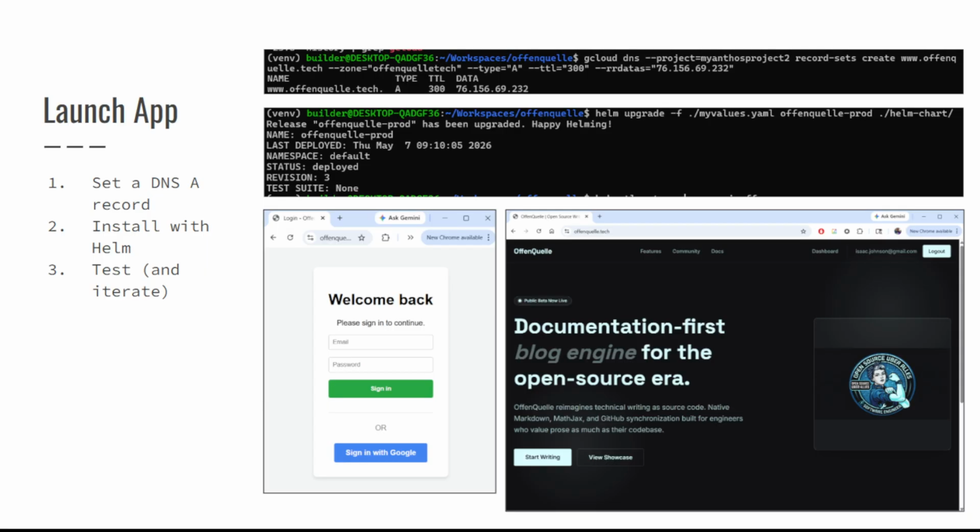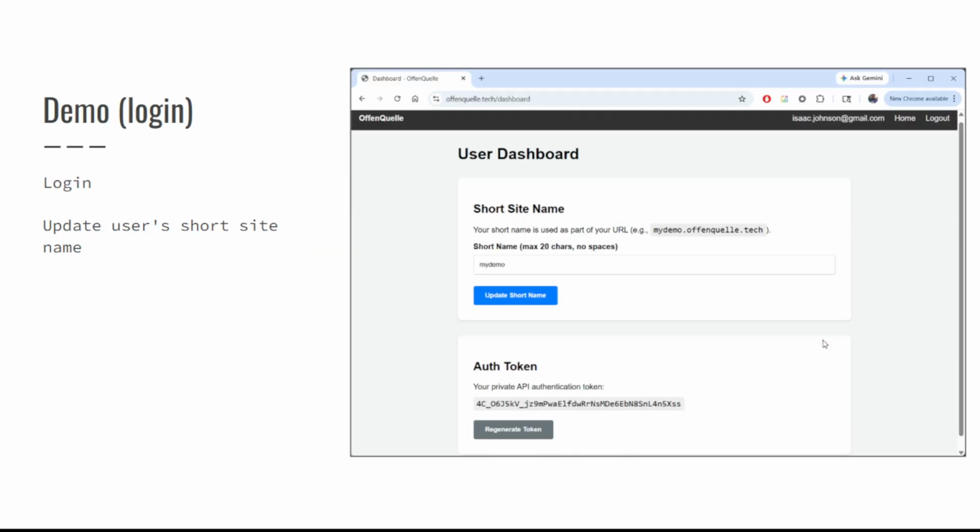So let's see an example. Here I can log in with Google. I can go to my dashboard. I can see my auth token. And now I can click in here and set my short name. If I go back to the main site, click home,